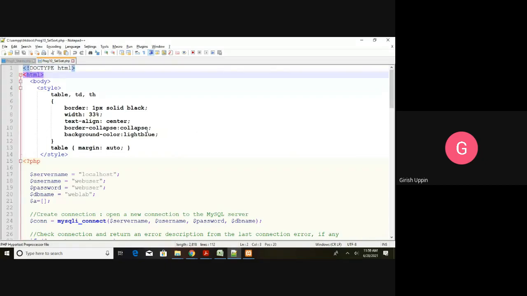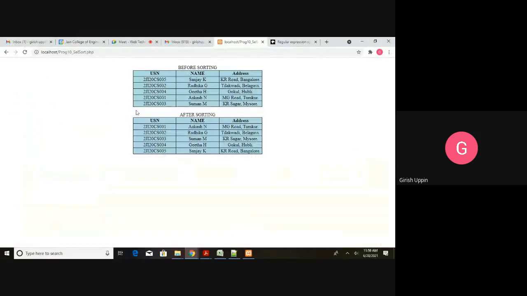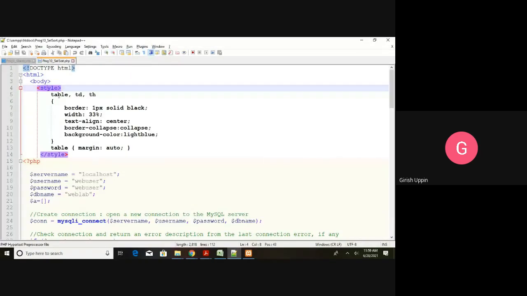This is the HTML document, and inside that I have the body, and then I have the CSS style. This CSS style is for the table. This is a table that we have, and for that table, this is the styling that is used.